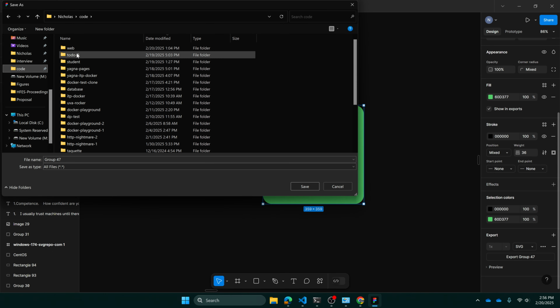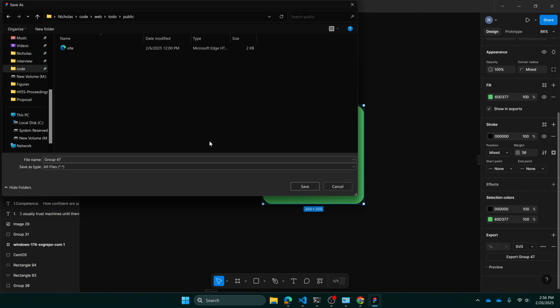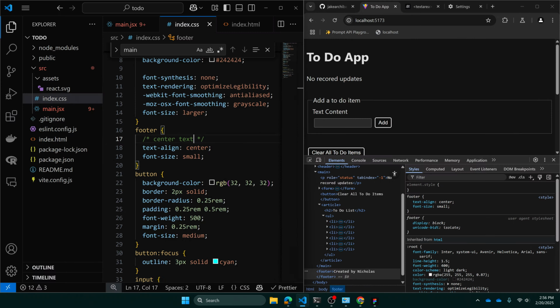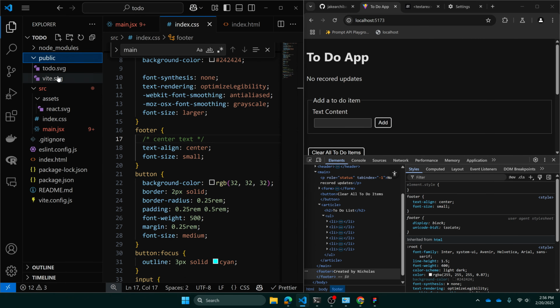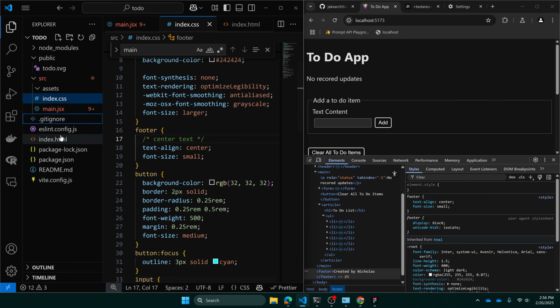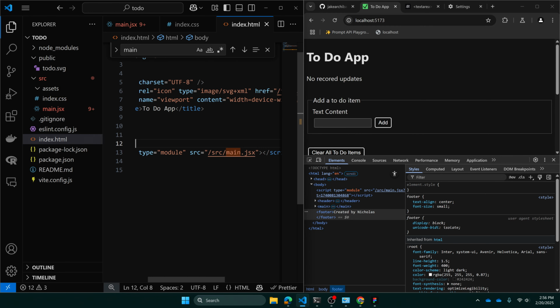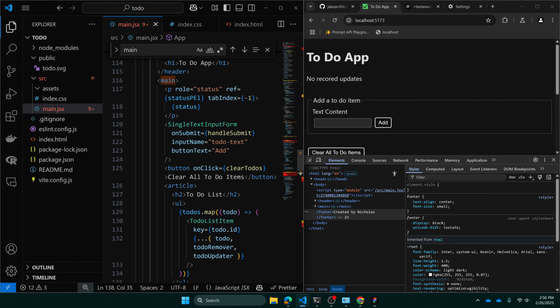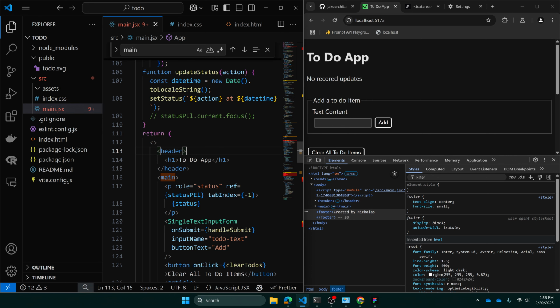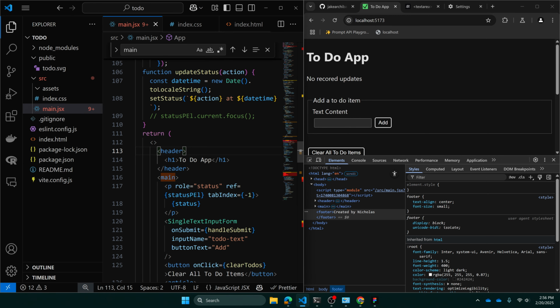I'll put that in code, web, to do, public, as todo. Then I can delete Vite and React and go to my index, change the Vite to todo.svg and get my favicon there. And I can also make that a logo up here. So I'll make my header, well, first I'll put in